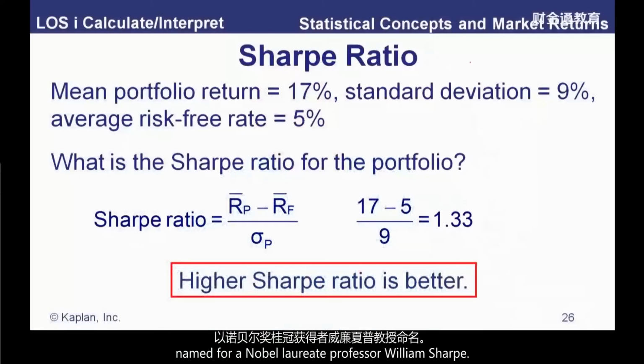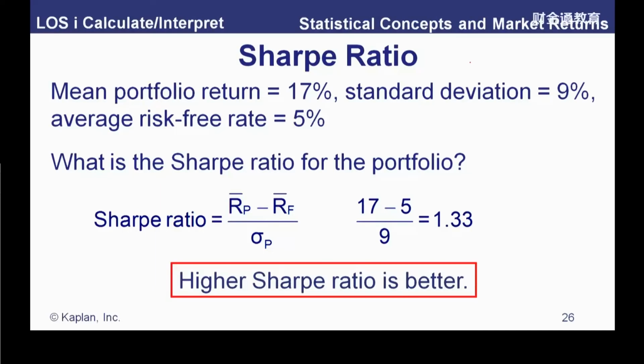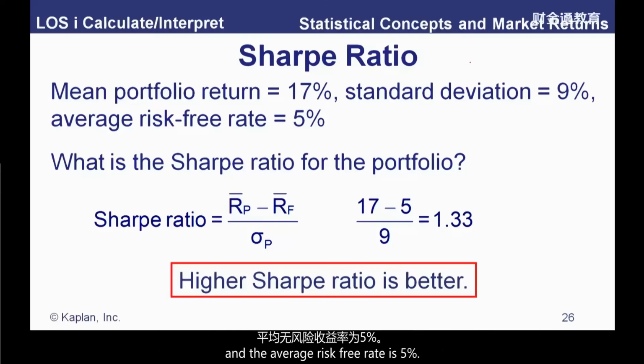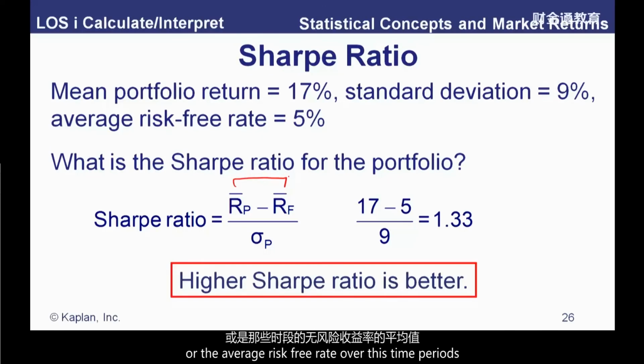Here we've got the Sharpe ratio, named for Nobel laureate professor William Sharpe. The mean portfolio return is 17%, the standard deviation is 9, and the average risk-free rate is 5. What we do in the Sharpe ratio is we take the return on the portfolio, or the average over some time periods, subtract off the risk-free rate for the period, or the average risk-free rate over those time periods, and divide by the standard deviation of returns. So now, instead of a measure of variation per unit of return, we've got a measure of unit of return per